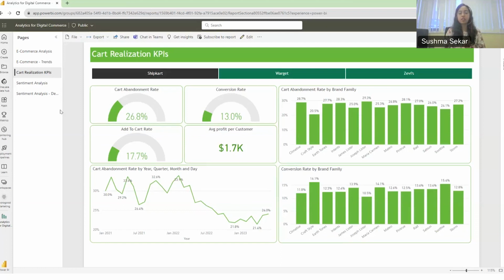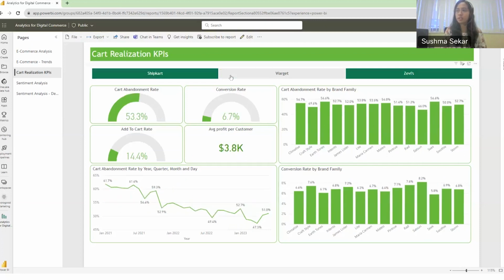So imagine you've invested significantly into your marketing, but you're not actually seeing improvement in sales, and you realize what's happening is that users are adding products to their carts only to abandon them later on. So a lot of that investment actually goes to waste. Cart abandonment is something you can measure to determine potential problems and trends over time and see what may need to be changed, say, across different retailers. So I see that it's 26 percent for Shipcart, and for Voget it's 53 percent. So it'd be useful to understand what factors are influencing this.